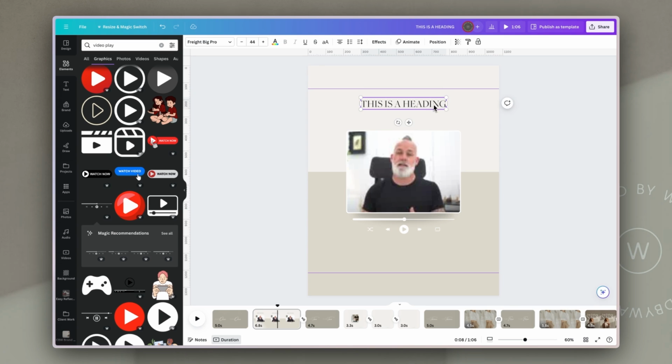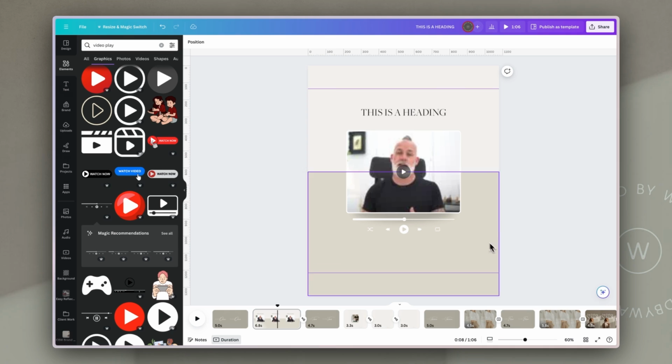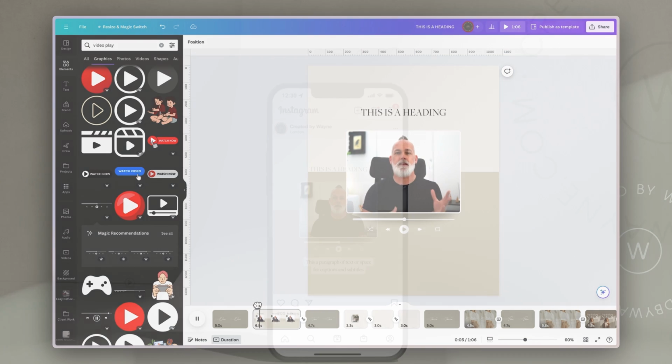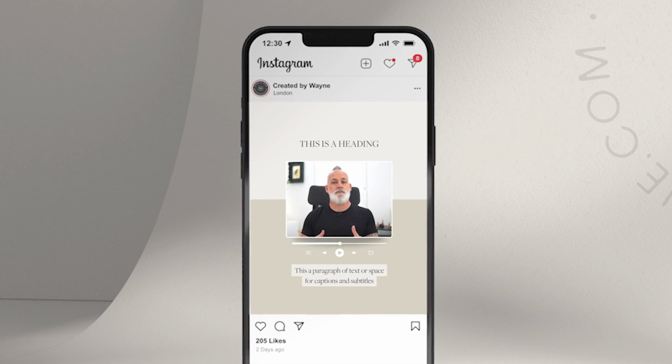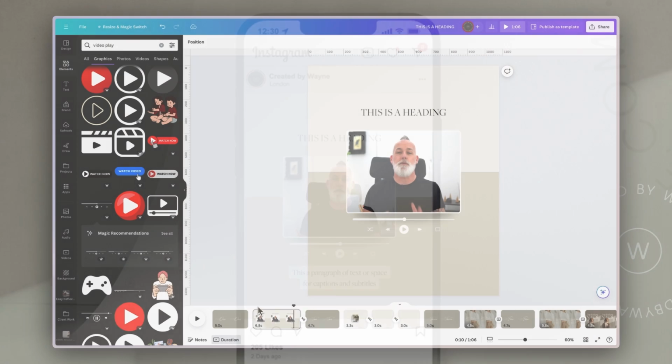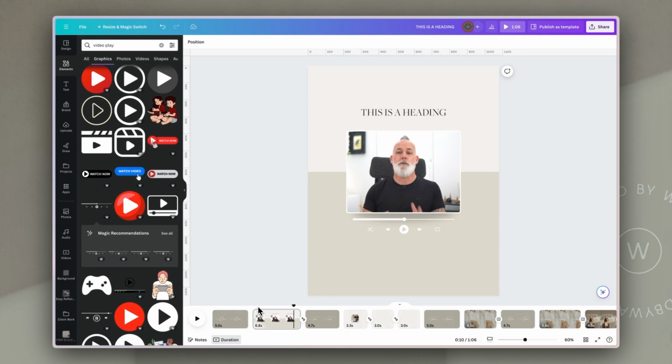Now already this is looking good for us. You can see I've put in some guides so I know where it will crop when it's cut to a square on the grid. So if this is going to be the first page of a carousel, I can tell that nothing's going to be cropped or cut off that's important for people to have access to. But if I just go back and hit play now, you can see that that looks pretty good, and it's a different, unusual way of presenting a video or repurposing a video rather than just making it into the 16:9